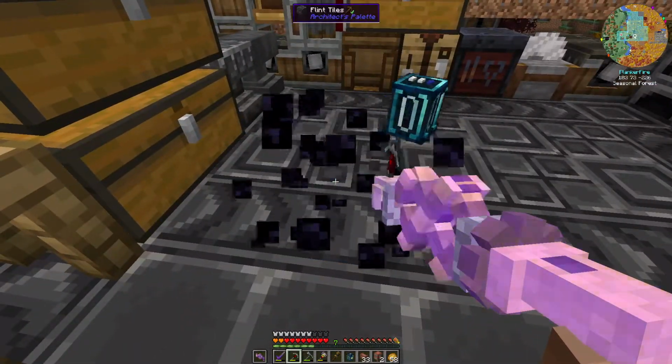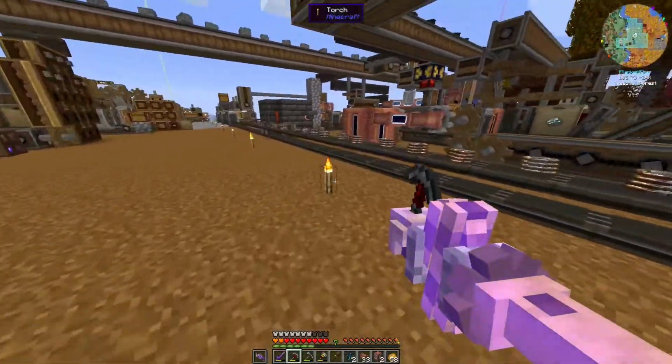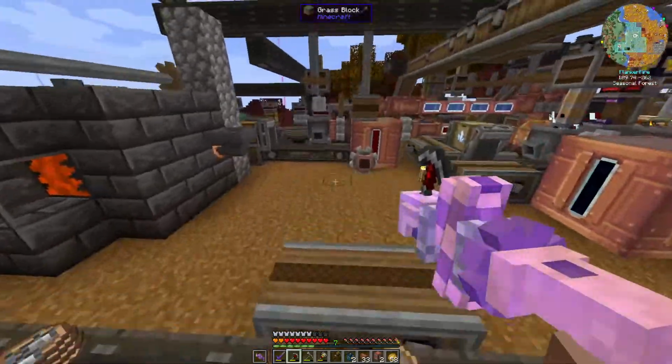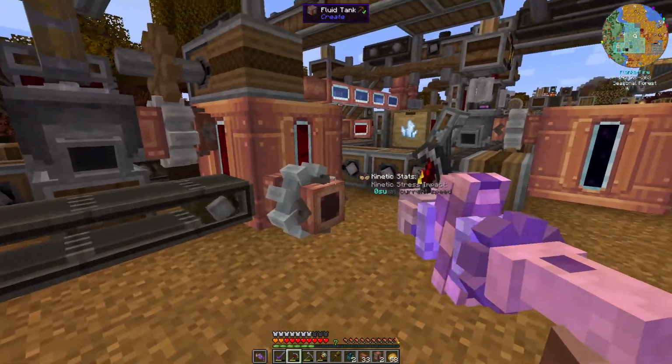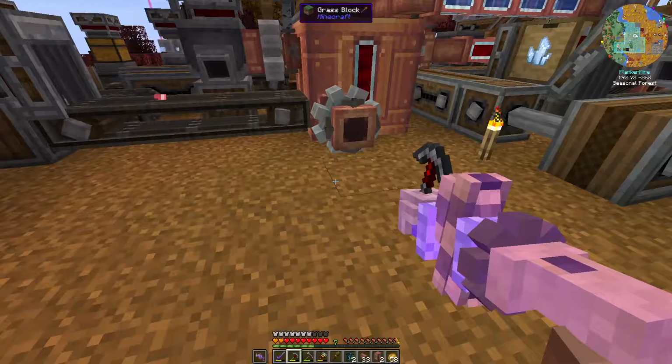And all we're going to do is take that destabilized redstone, and I'd like to have the conveyor out here somewhere. Maybe we can even have it here. Actually, we don't even need to use that because we just pump it directly into here. Okay, maybe we don't do...